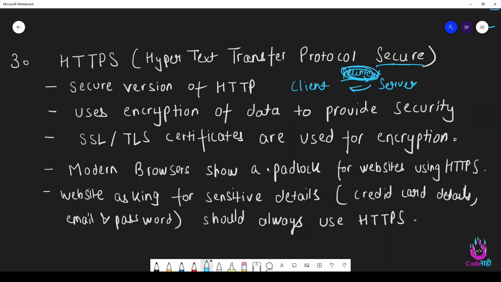And if you are browsing these kinds of websites, always look for the padlock symbol, which indicates that this website is using HTTPS and the data that you are going to enter is going through a secured medium. So as I already told, websites asking for sensitive details, let's say credit card details or email and password, should always use HTTPS. So this is all about HTTPS that you need to know.